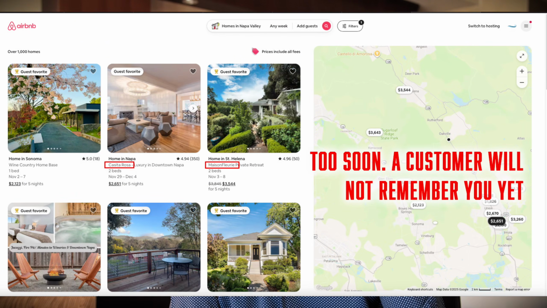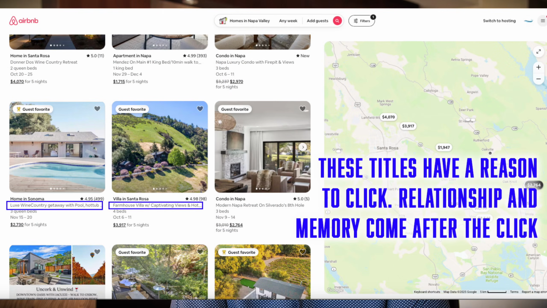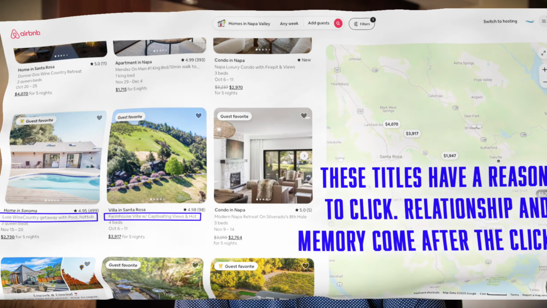Your second opportunity to influence the click is through your title. Cherry Farmland Ranch won't increase your click-through percentage. But to say that you have a hot tub or a king bed or that you're on 1,000 acres, or something else that says there's more to this property than my hero photo, you can design your title to get clicks. A better click-through rate gives you more first-page impressions, more total views.